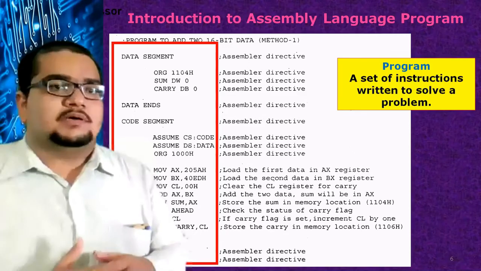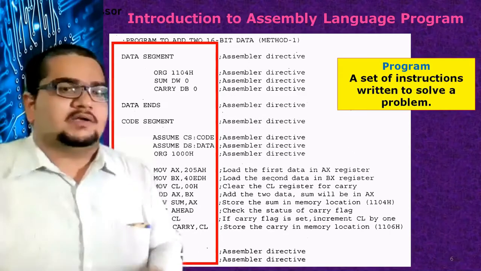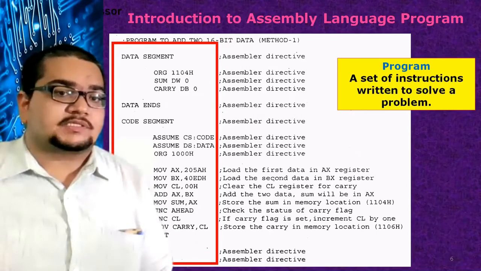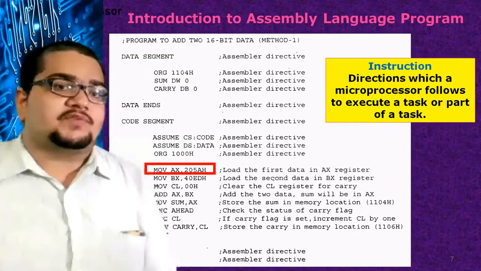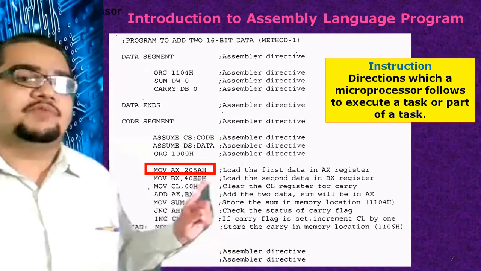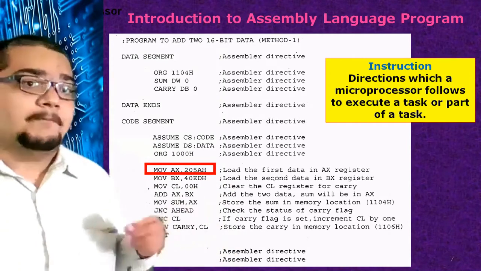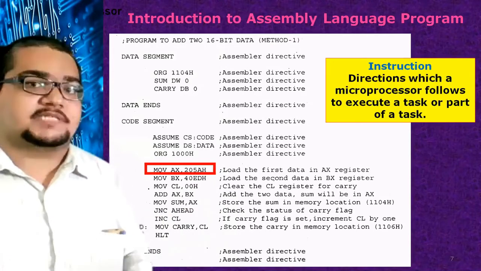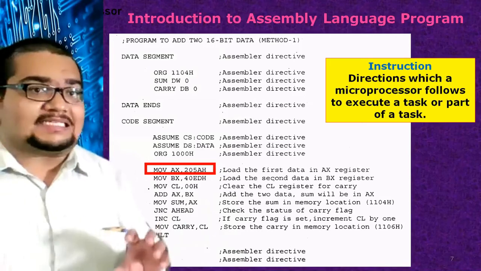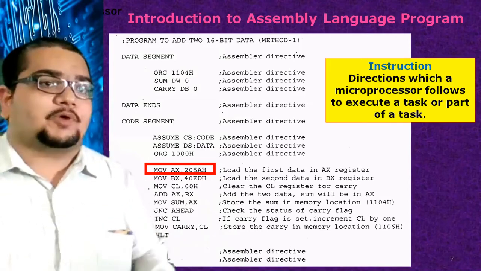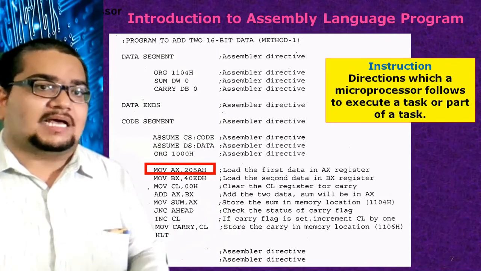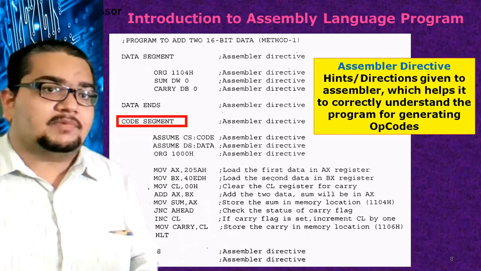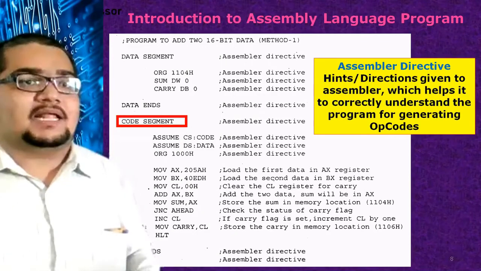In that program, we are writing two major things. One particular thing is called an instruction, which we provide to the processor. This is an example of an instruction here. With this we make the processor work in some way, so that some task is satisfied. So these are the instructions or directions we are providing to the processor to complete its task. There is another thing which is also available in the program. It's a part of the program called assembler directives.